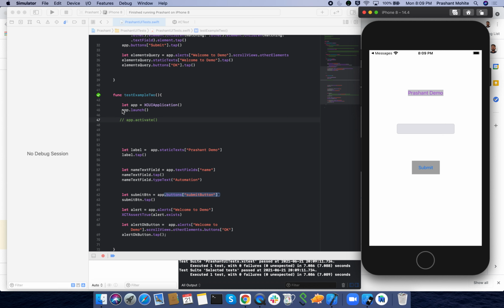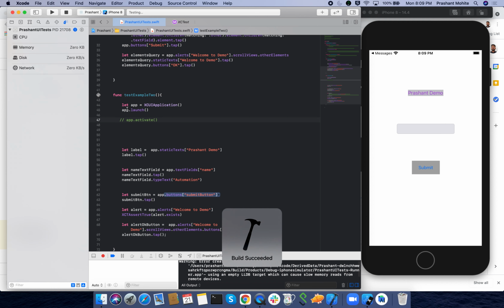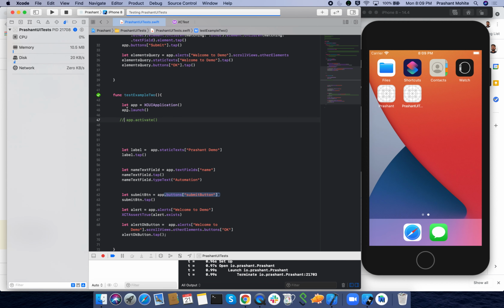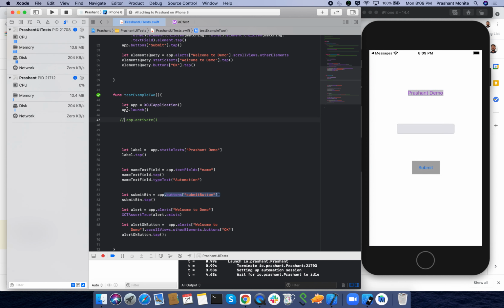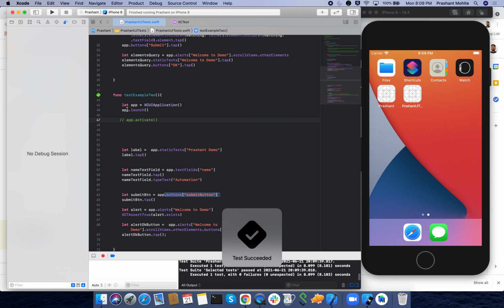Now we'll see what app.launch does here. I'll run this test case again. See, the application is already open, but when the test case runs app.launch, a fresh instance of the app is created and your application is launched again.